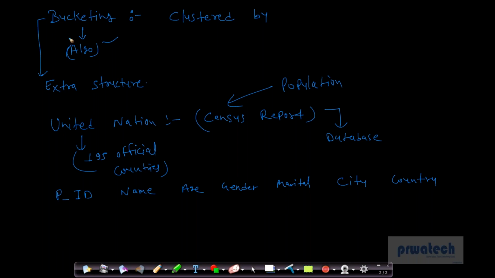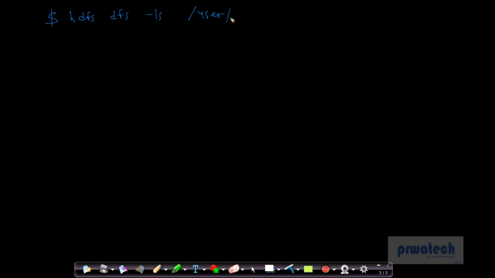When you are doing partitioning, what is happening? Partition you're doing based on the country, let's say. So all 195 countries will store their data in a separate file. So in your HDFS, if this is the internal table, in your HDFS will create a separate file like this. When you run a command HDFS DFS -ls after creating the table and loading the data, when you check your user hive warehouse,